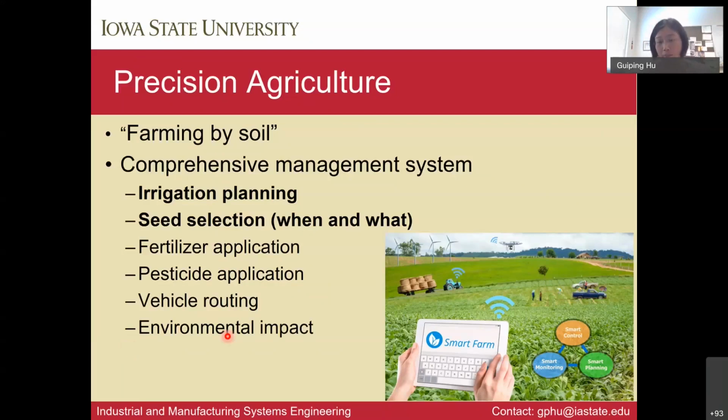I know Dr. Javier talked about the work that he was doing with Corteva. I know Corteva has some internal tools, but I believe what we are doing here can maybe enhance and maybe provide some additional quantitative support and maybe some additional risk and profitability trade-off analysis over there.